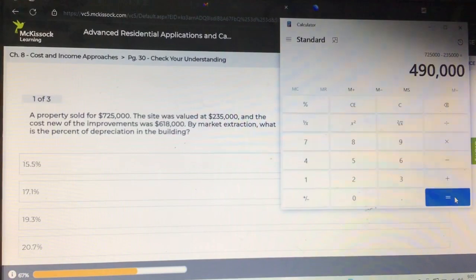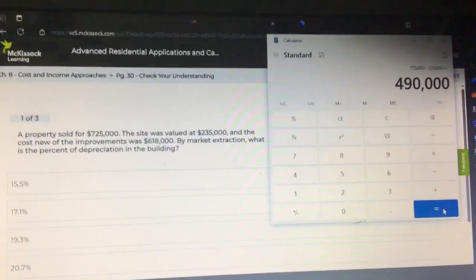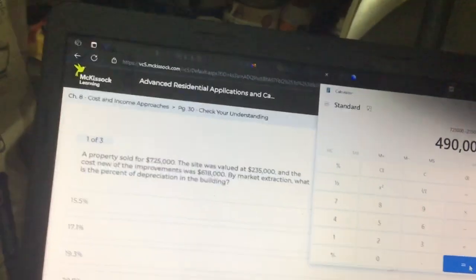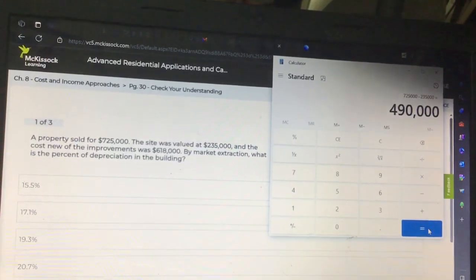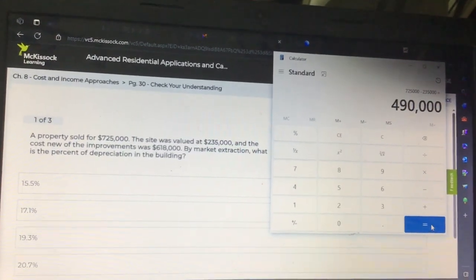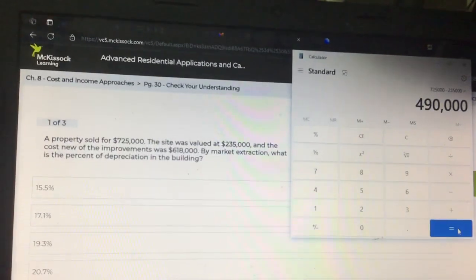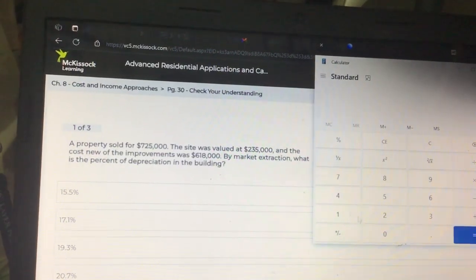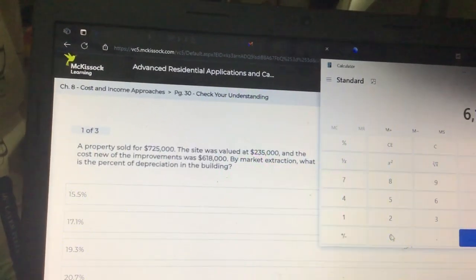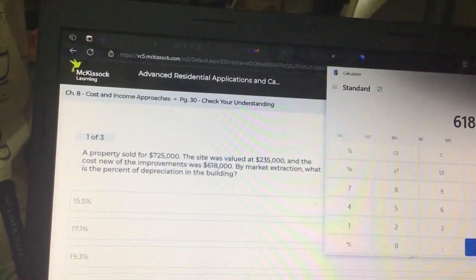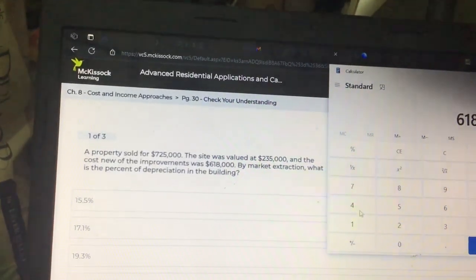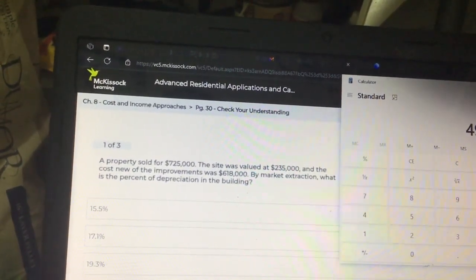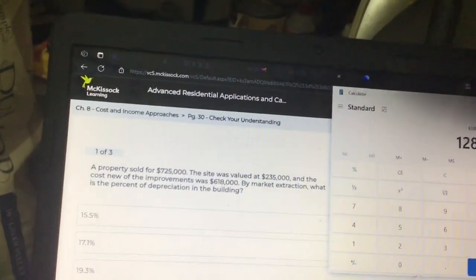Phase 2, hold on, I have to write that down, because I know there are 3 phases to this. 490,000 depreciated, and then we're going to clear this. The cost new is $618,000, and then you minus the 490, which is going to leave you, I believe this is called the lump sum